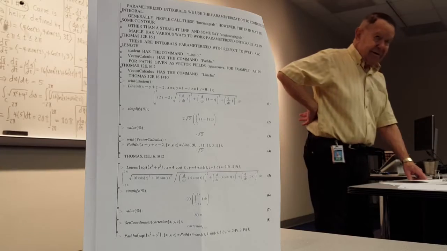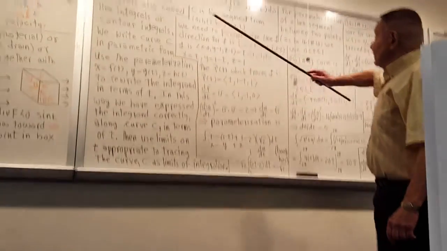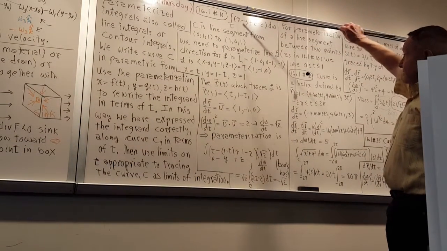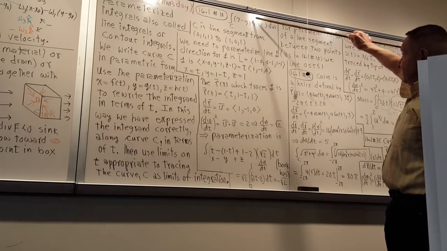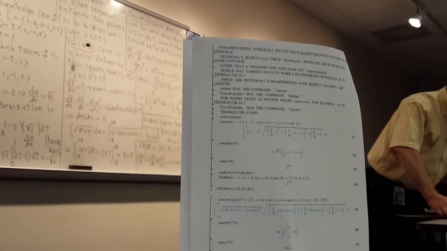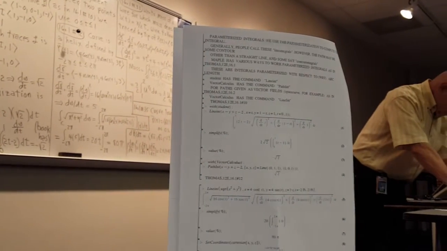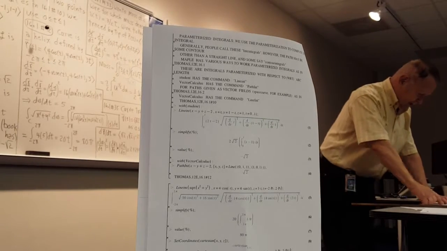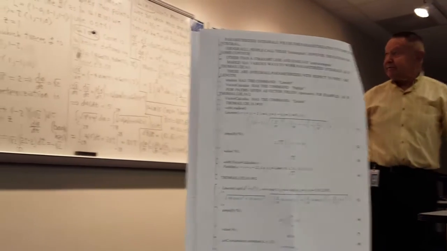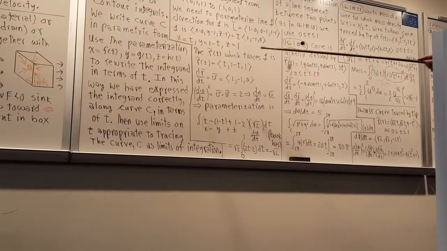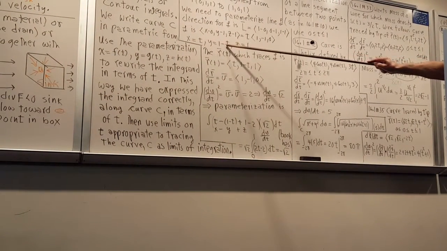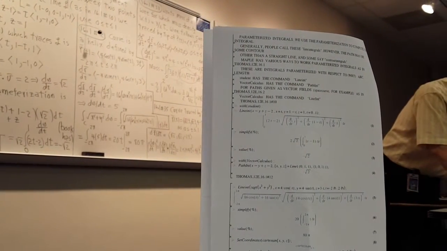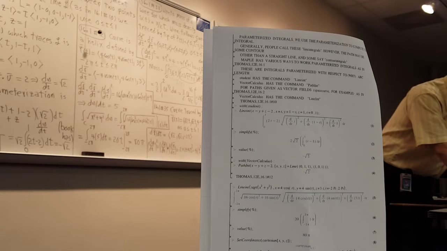I type my original integrand. The problem in the book looks like this. So I type this, x minus y plus z minus 2. And then I am typing in the parameterization, which I have to get. You see if I'm doing it this way, which is here. And the limits on t, and back comes